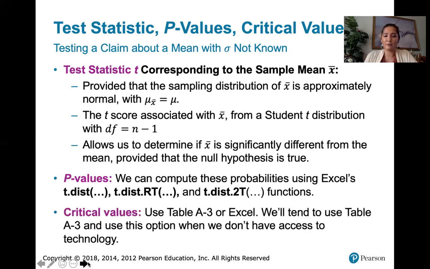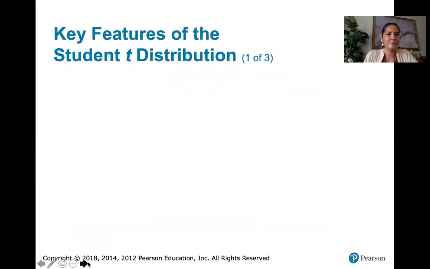And then for critical values, you have the option of using table A3, or Excel. We're going to focus on using table A3 here and use the critical value method when we don't have access to technology. But you should know that we could use Excel to find the critical values as well. And I think I will show you how to do that at least once so that you are aware of how the critical value method can be used with technology, if you want to. Okay, so before we do that, let's review some key features of the